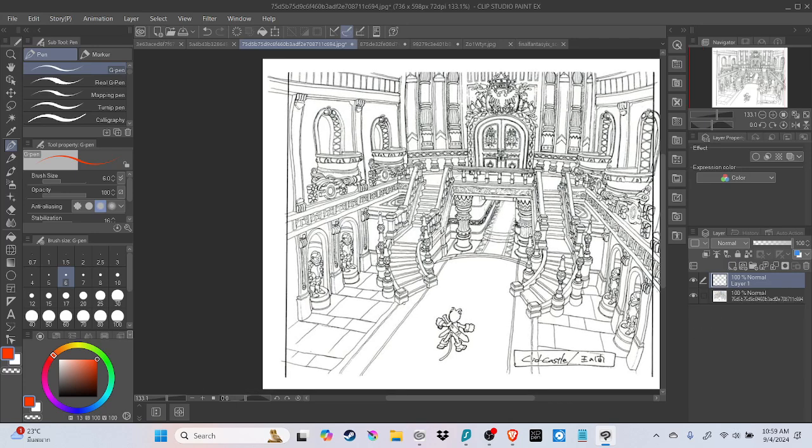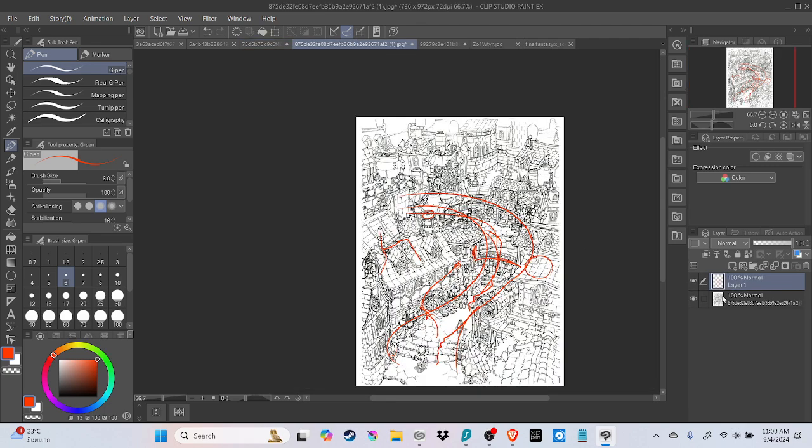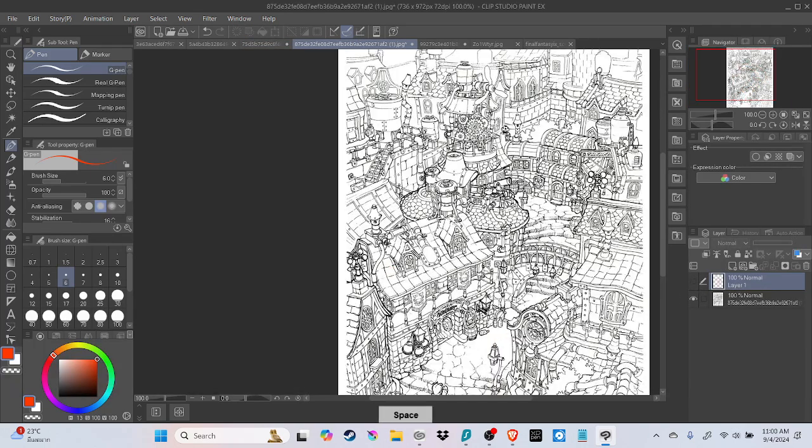When we look at an environment design like this, there's a couple of things we can notice about what the artists are communicating to us with this piece if we compare it to this, right?